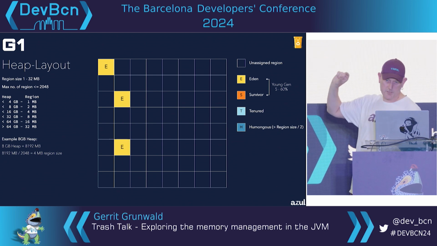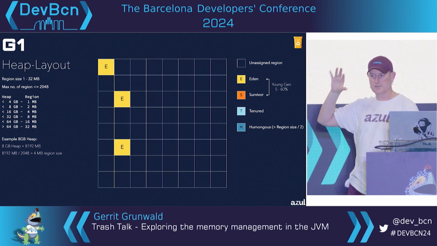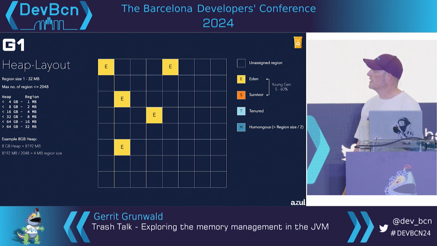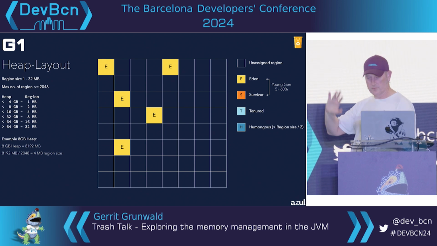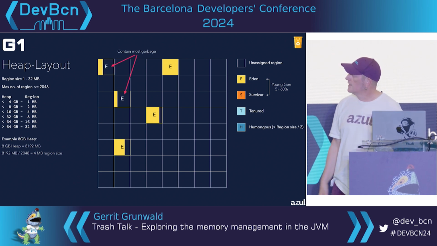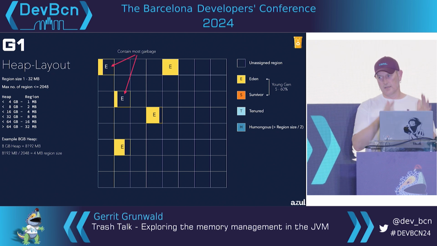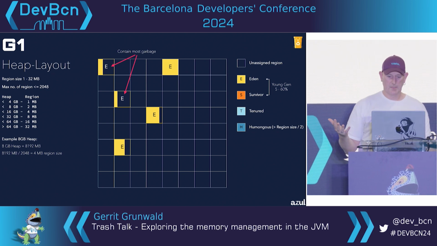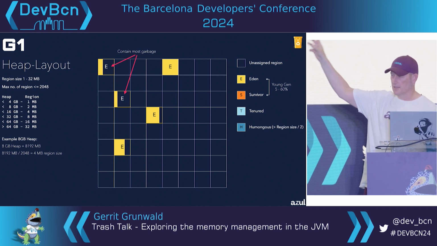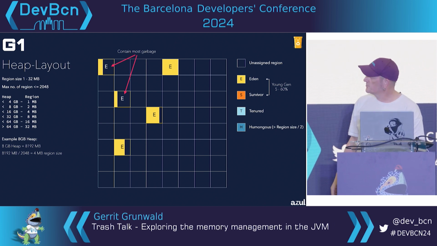Because there's a specific ratio between young and old generation. In this case, it's between 5 and 60%. You can define it. So we take regions as long as we are allowed to, and at some point, the JVM says, okay, now you have enough Eden space allocated, so now we have to do a collection. It finds the regions that have the most garbage. That's the reason for Garbage First, right? It's G1. That means the regions with the least amount of live objects will be garbage collected. That means it takes the live objects out of here,